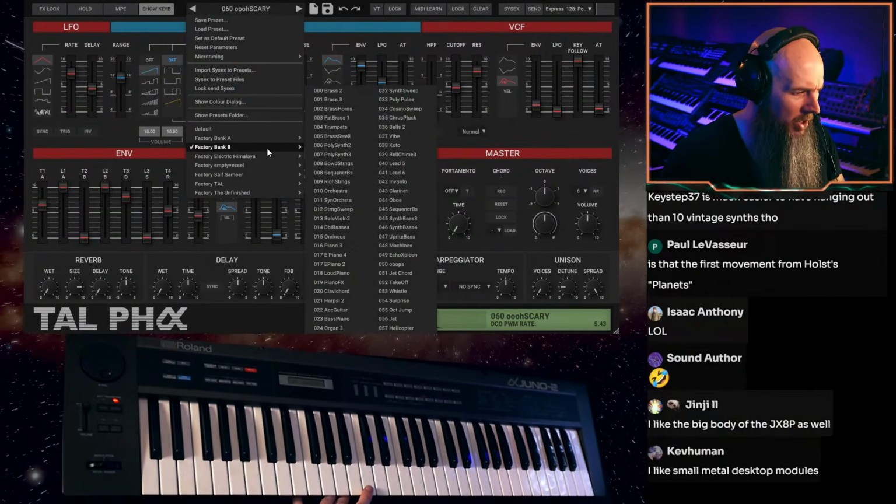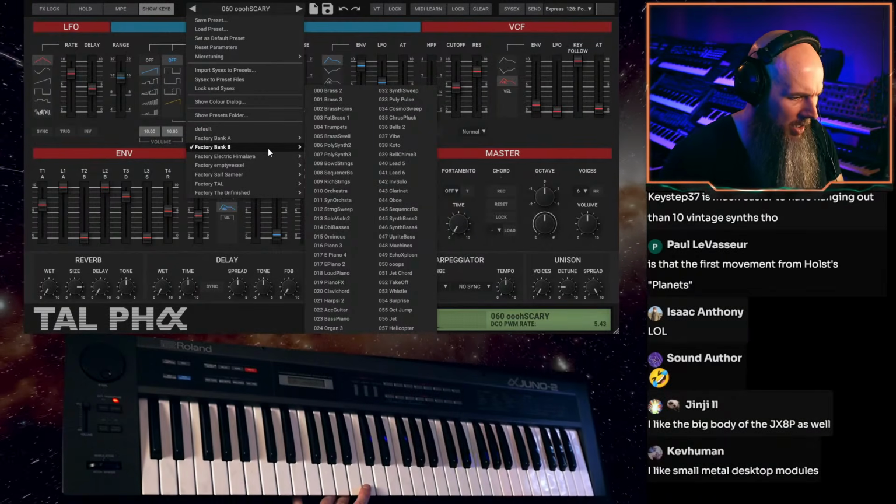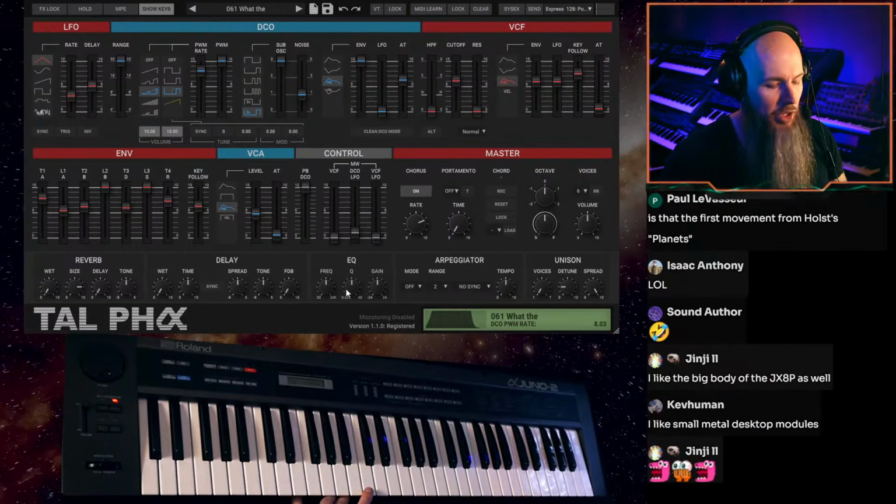Looking at the factory bank too, I'm looking for the... So if you see it, yell at me. Oh, there it is. It's the next one. So here's the famous Hoover patch that,